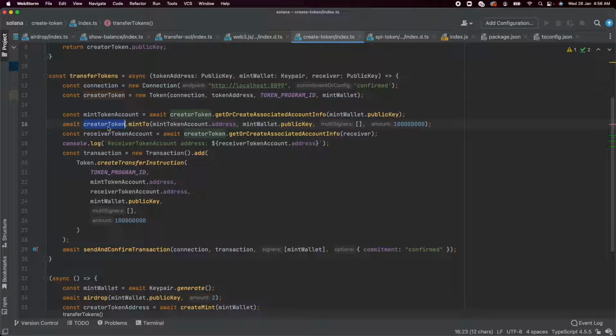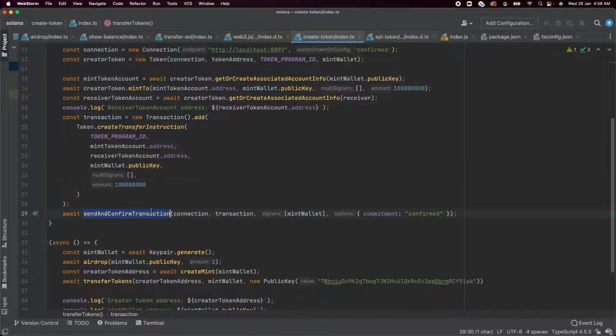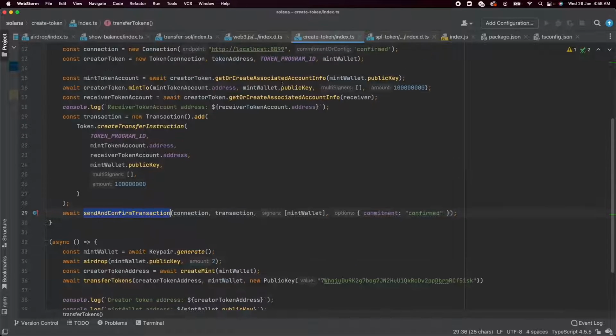But the purpose of this function is to actually create these tokens for our friend, the receiver wallet address. So now we need to transfer these tokens from the mint token account to the corresponding data account of the receiver wallet. So first we try to get or create the corresponding data account for the receiver wallet. And once we have that, we execute this transaction, which is very similar to the transaction that we saw in the last video, where we were transferring SOL from account 1 to account 2. Here we're not transferring SOL, we're transferring a certain token, where the owner of the token is this. This is the account that you want to send data from, and this is the receiver's data account where you want to send data to. And we submit this transaction on the blockchain. And once this finishes and confirms, the tokens are sent to the receiver's wallet.